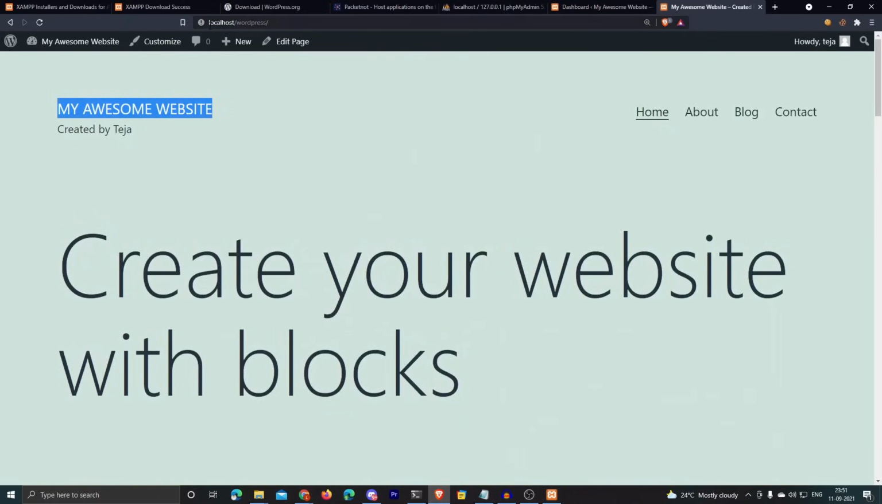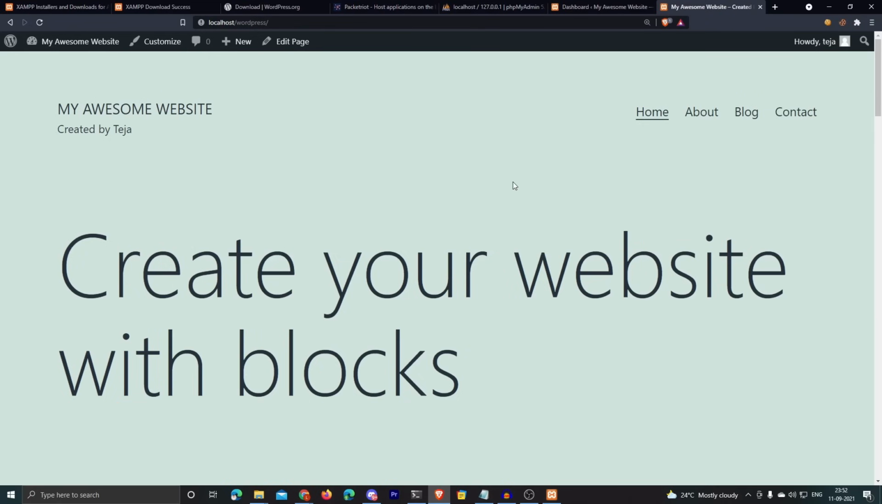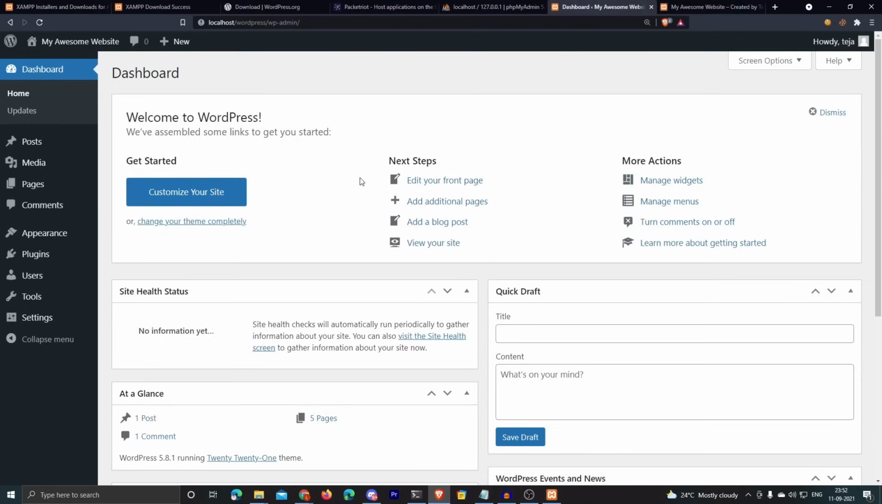Perfect. Now you can see that this is actually hosted on my localhost, which means it's only accessible within my network. It can't be accessed from outside my network, or in other words, it cannot be accessed from the internet. Now what we're going to do is make this WordPress website that we just created accessible from the internet. So the first thing you need to do is come back to your WordPress dashboard, and you have